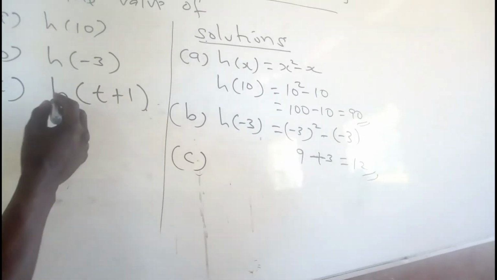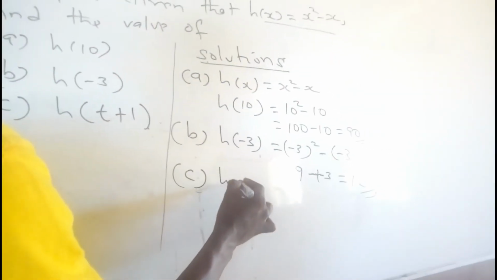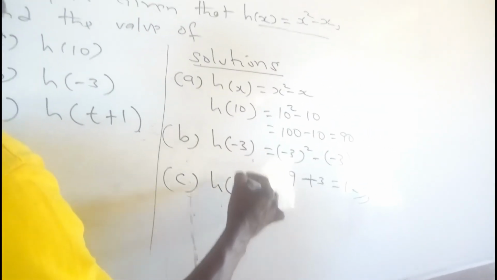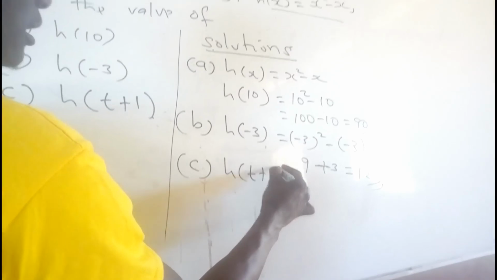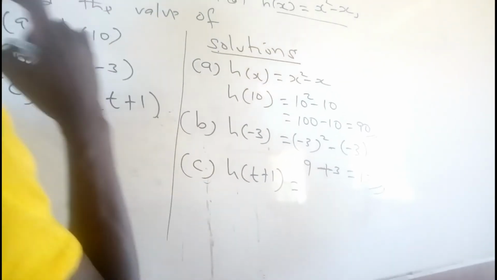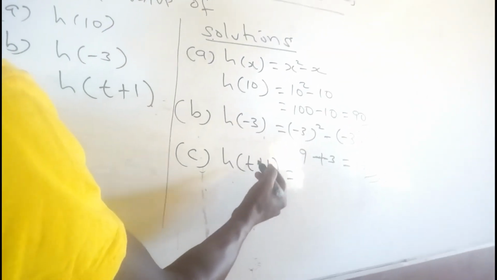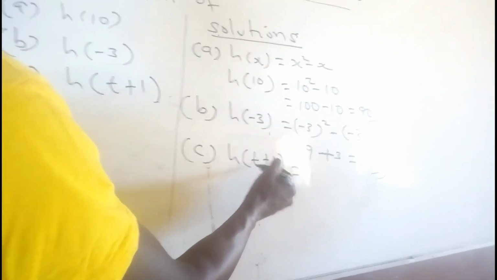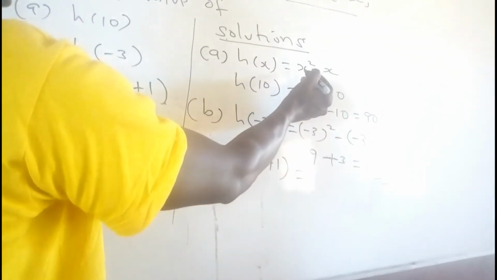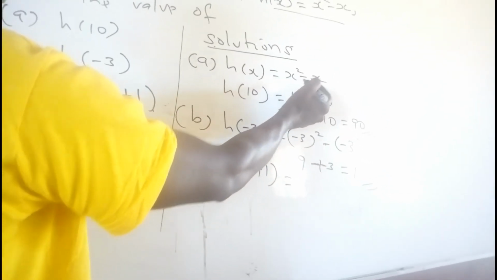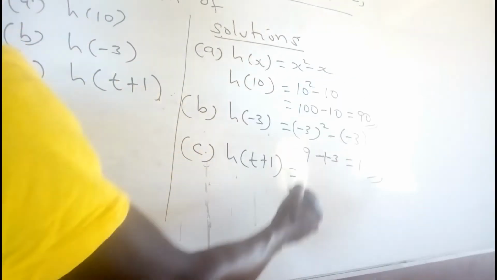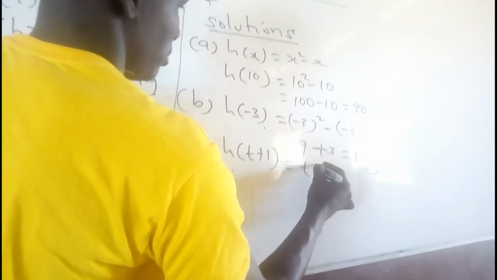Then we can also look at part C. In part C, we have h of bracket t plus 1, which is the same as, wherever we have x, we insert t plus 1. So here we are going to have t plus 1 squared, then minus t plus 1. So this gives us t plus 1